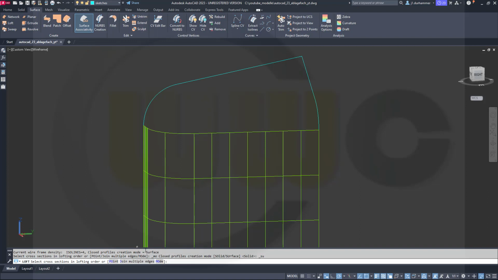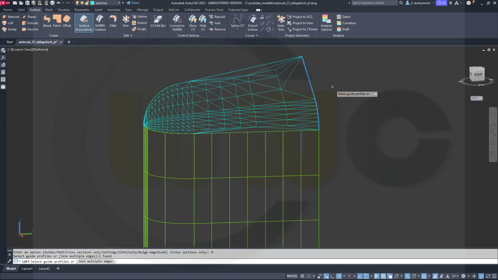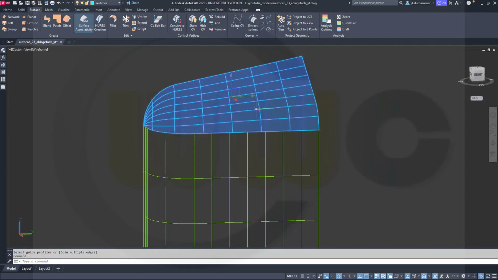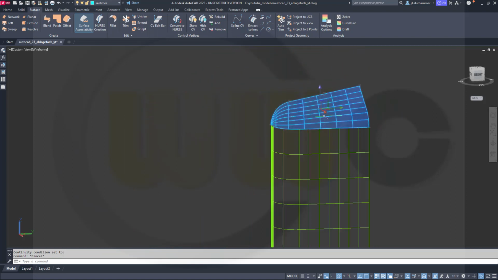So again, go for multiple edges, select this one here, that one, this one, right click, select that one, right click, enter, and go for guides, and the guide would be this one. Looks good. Right click, enter, then select it and go for tangency right there. Okay, now put this onto the same layer,